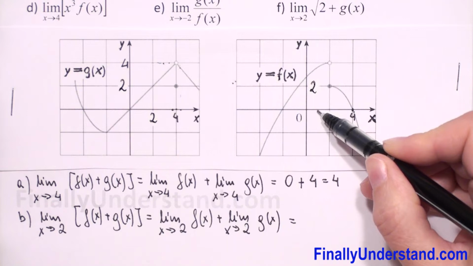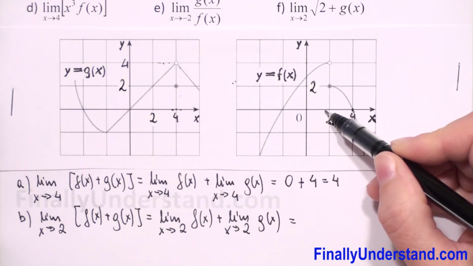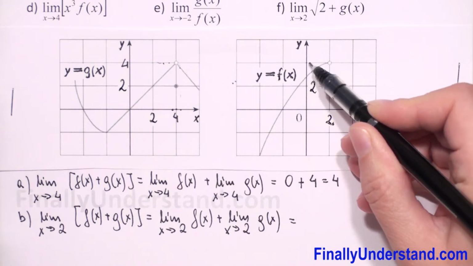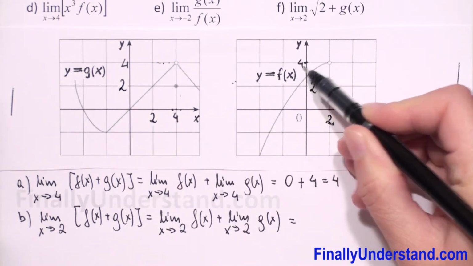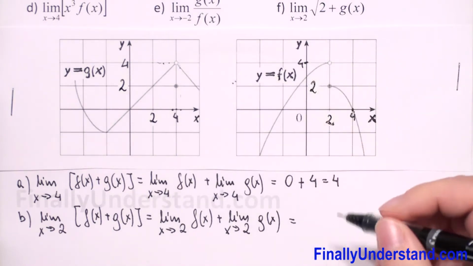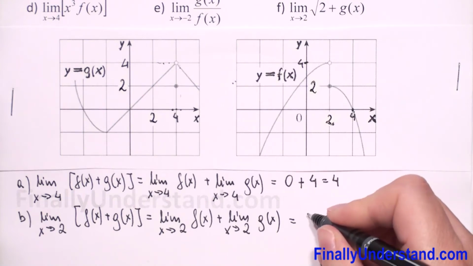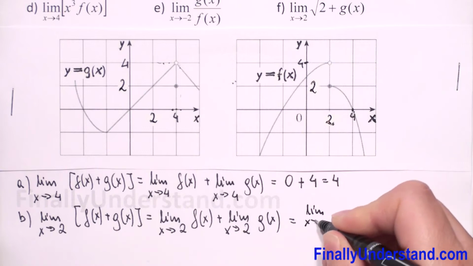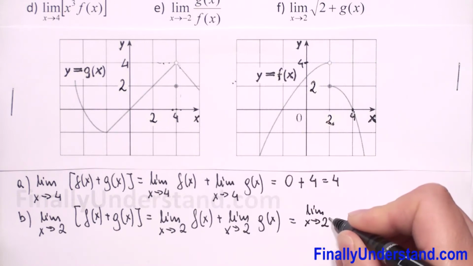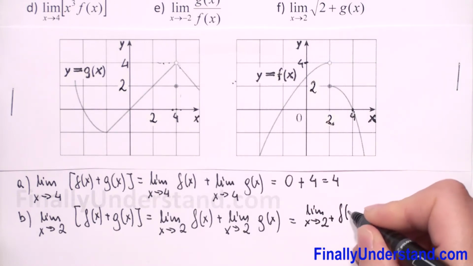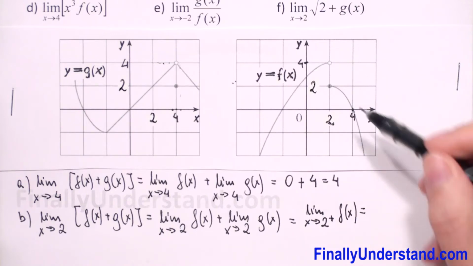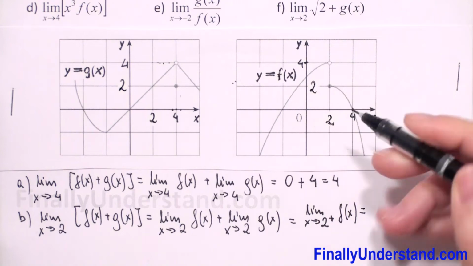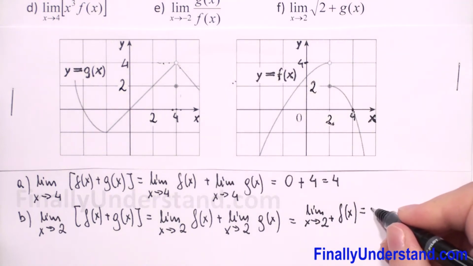And when we are going to 2 from the left side, the value of our function is going to 4. So we can write that the limit as x approaches 2 from the right side of f of x is equal to 2,